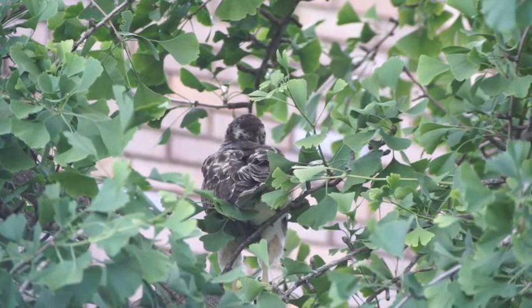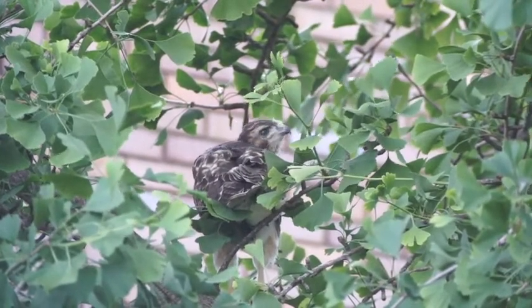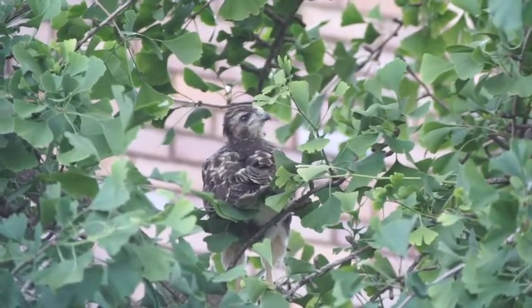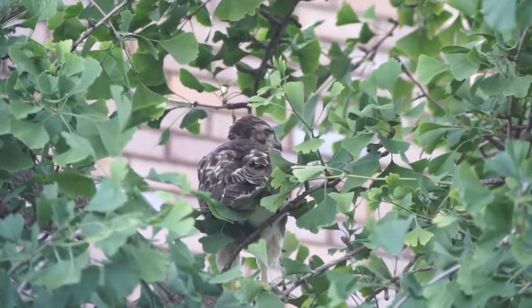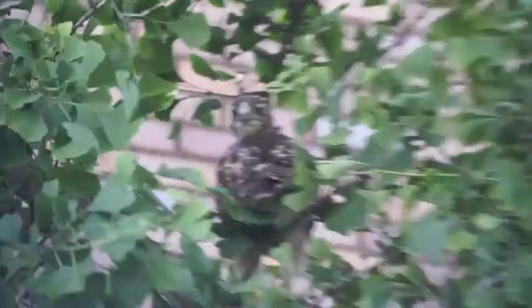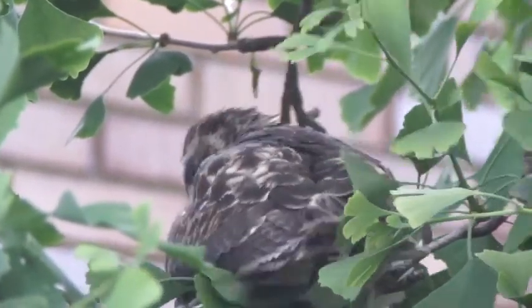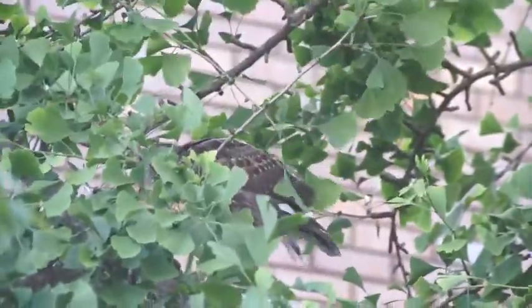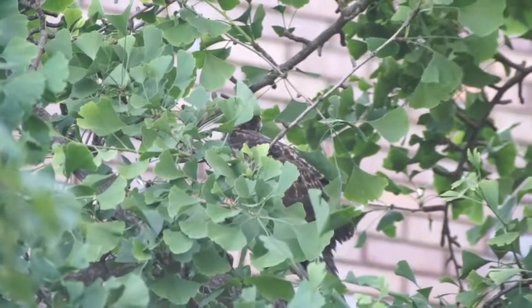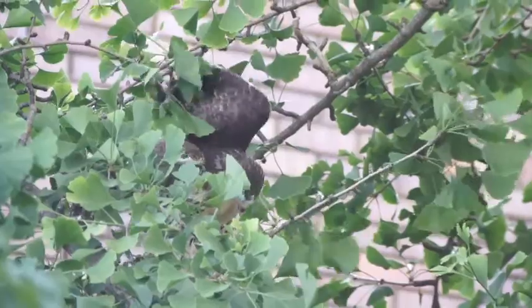See, that's a difficulty for an adult hawk. They can tolerate it a little bit, and then if they decide they can't tolerate it any longer, they can just fly away. This hawk hasn't really acquired that skill, and its muscles aren't even really developed well, at least I don't believe they are. The battery's really dropping in a hurry, so I am going to have to change it pretty soon. I have batteries with me, but